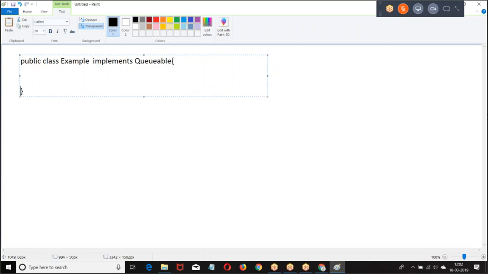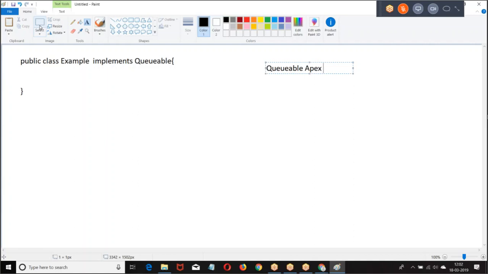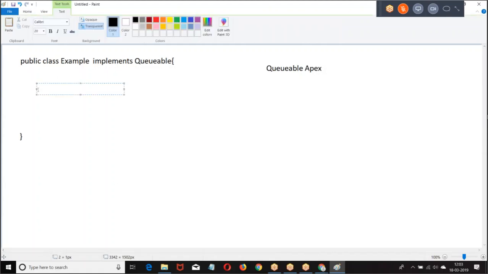Now, what is this concept? When a class is implementing an interface called Queueable, then it becomes Queueable Apex. Now the question is, if a class is implementing any interface, it has to define all the methods which are there in the interface.